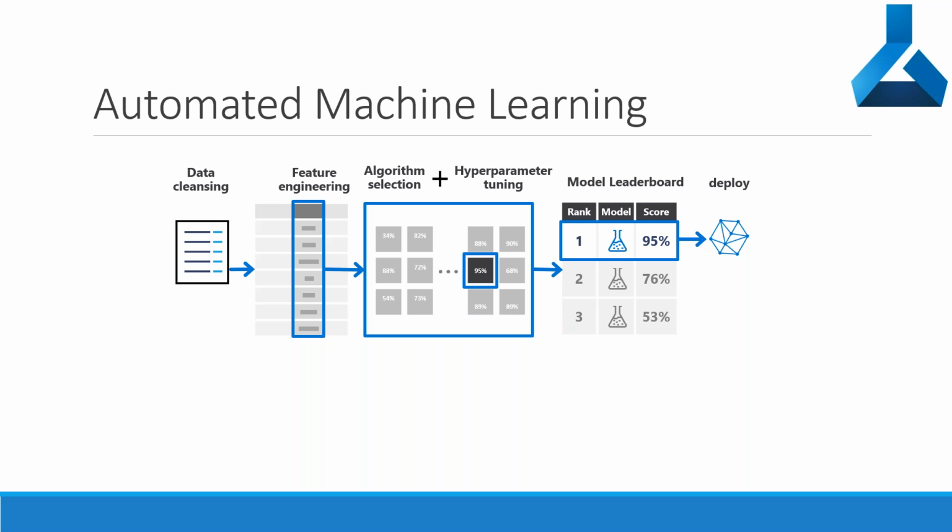These are what we call parameters, and sometimes the price will deviate based on the parameters that you pass. And that's what you need to figure out: what are the different parameters that are going to help in determining the outcome of my model. And that's what you need to feed through for automated machine learning.